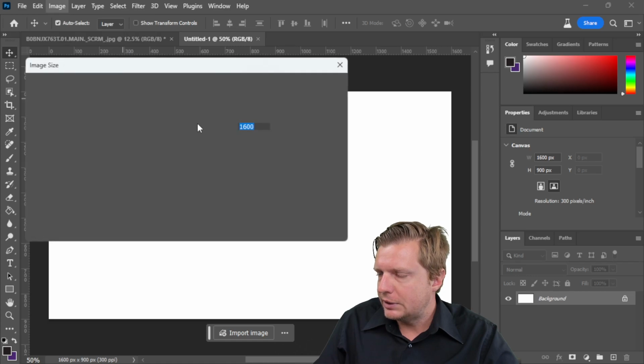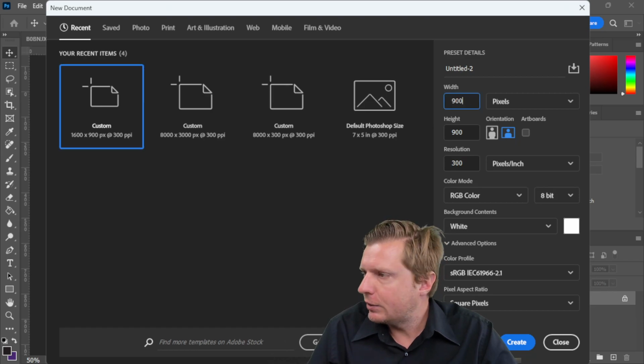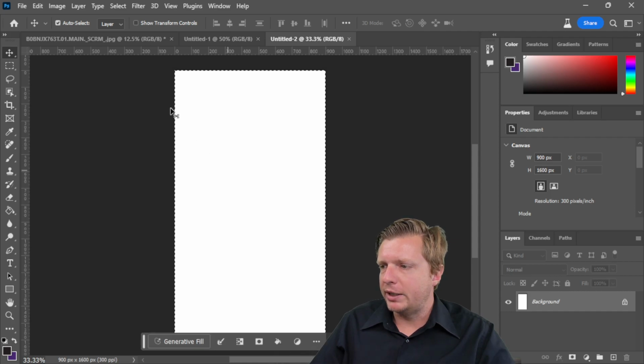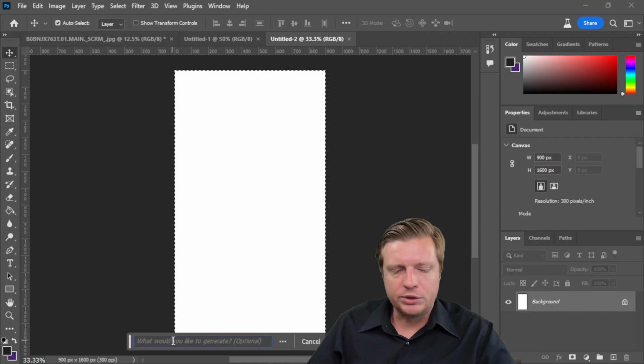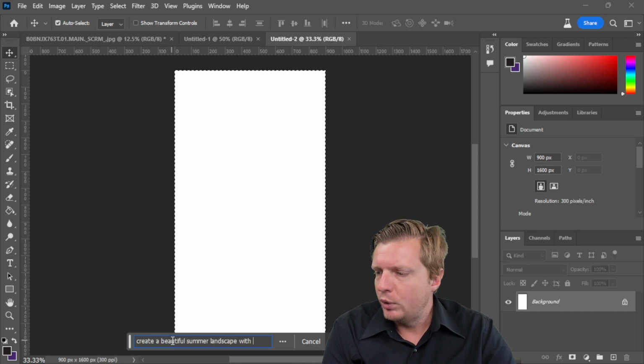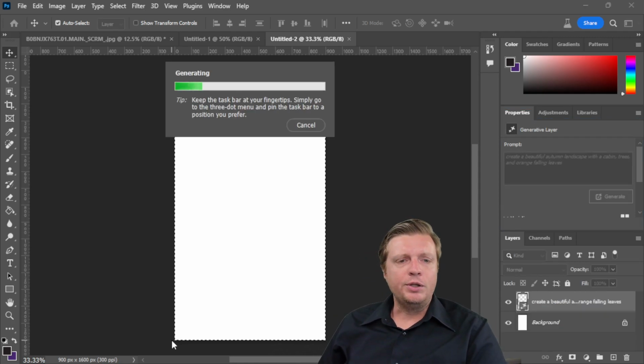I wanted to do my mistake. I can create a new thing, and maybe you want the width to be 900 and the height to be 1600, and I want to make my book cover, and I might say to generate, and I want to say create a beautiful summer landscape with a cabin, or maybe an autumn landscape, the cabin, trees, and orange falling leaves, right? And so you can imagine that you can use this generative AI to create your background in this way,